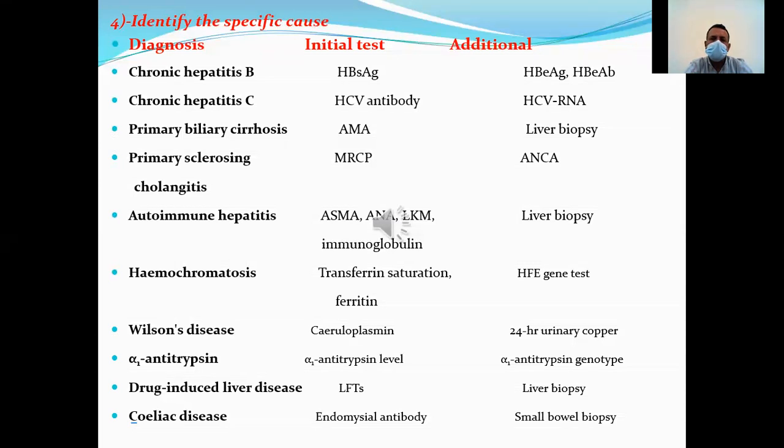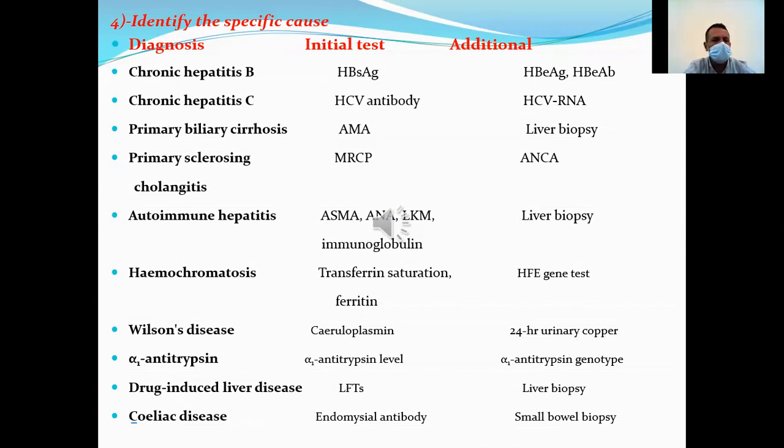Or as say there are an A gene. If suspected primary biliary cirrhosis, we look for antimitochondrial antibody or liver biopsy. Primary sclerosing cholangitis, we look for MRCP or ANCA, anti-neutrophil cytoplasmic antibody. Autoimmune hepatitis, we look for specific antibodies, anti-microsomal or liver kidney antibody, or liver biopsy